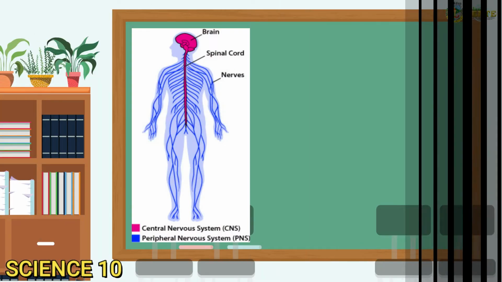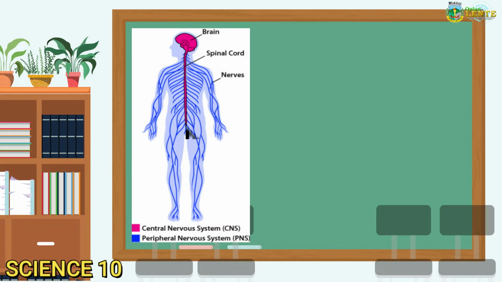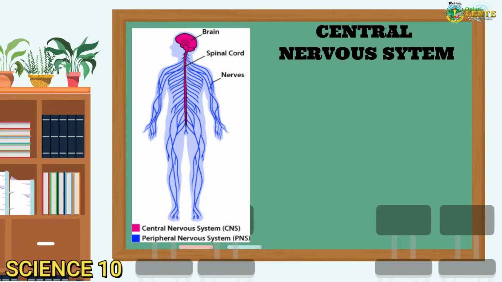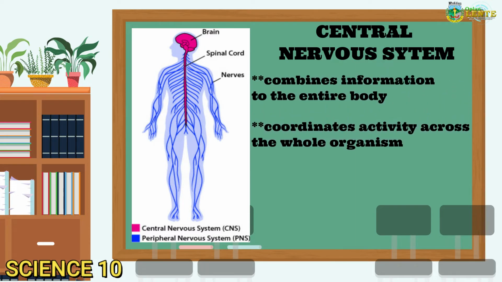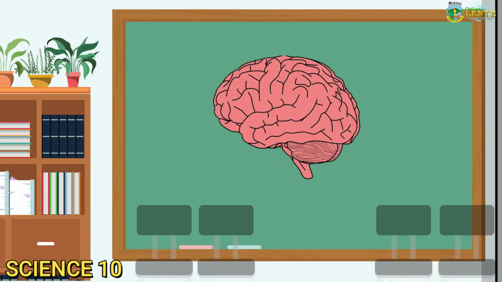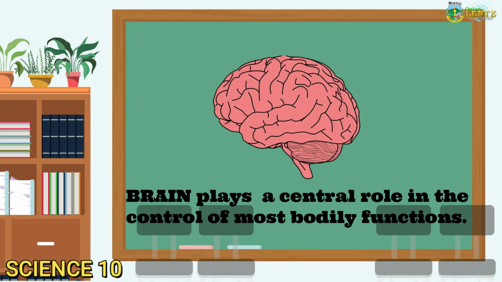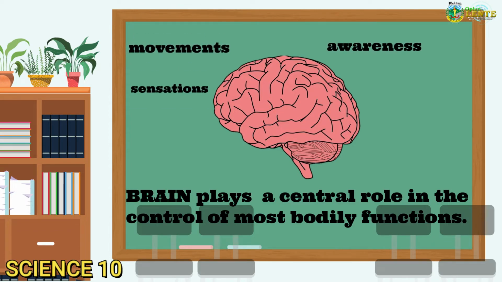Let's take a closer look at these two basic parts of the nervous system, starting with the central nervous system or CNS. The central nervous system consists of the brain and the spinal cord. It is referred to as central because it combines information from the entire body and coordinates activity across the whole organism. The brain plays a central role in the control of most bodily functions, including awareness, movements, sensations, thoughts, speech,